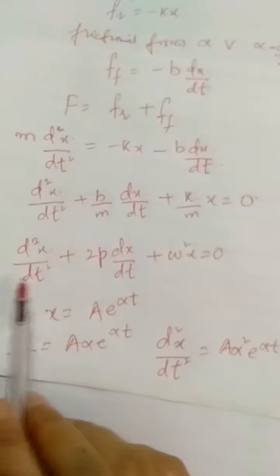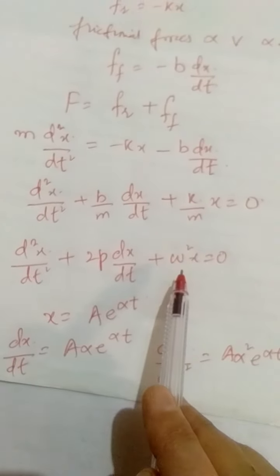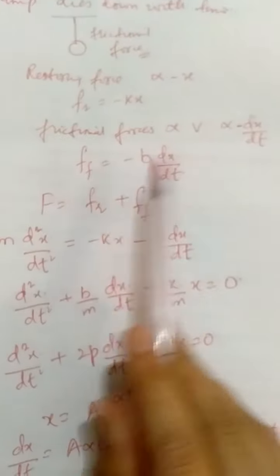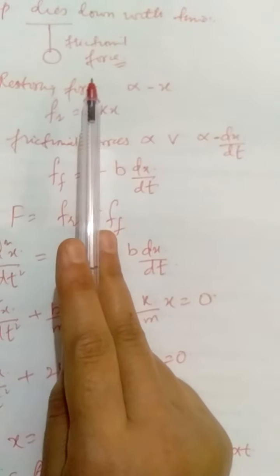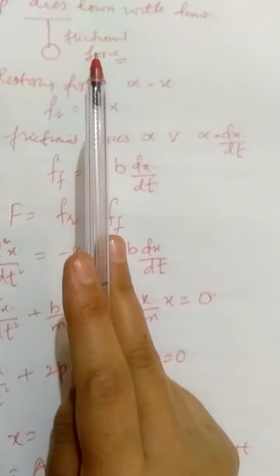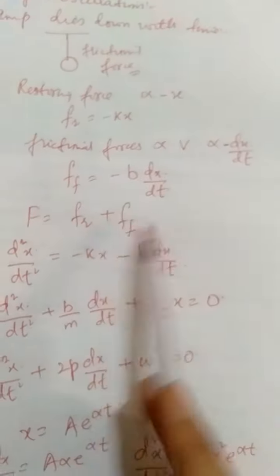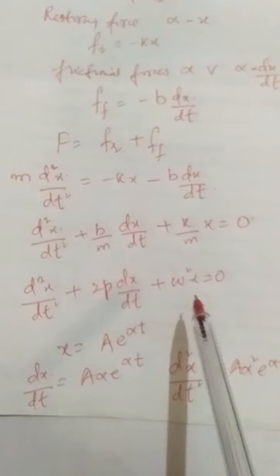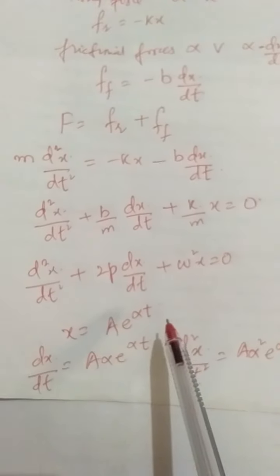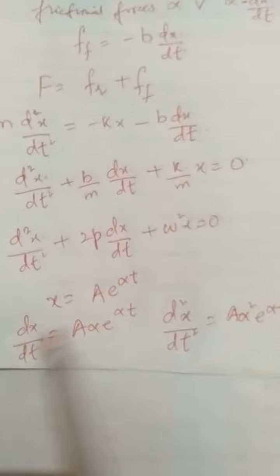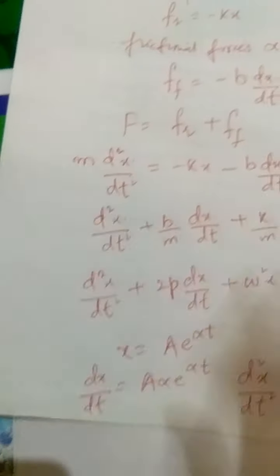So this is the differential equation of damped oscillations. The only modification that we have done in the basic equation is that we have also added a factor of frictional forces due to air, and we have assumed that frictional forces are proportional to velocity. Then we have obtained this kind of differential equation. For such equations, the solutions are given in this manner. So we substituted this and we obtained the two roots of the equation, alpha 1 and alpha 2.